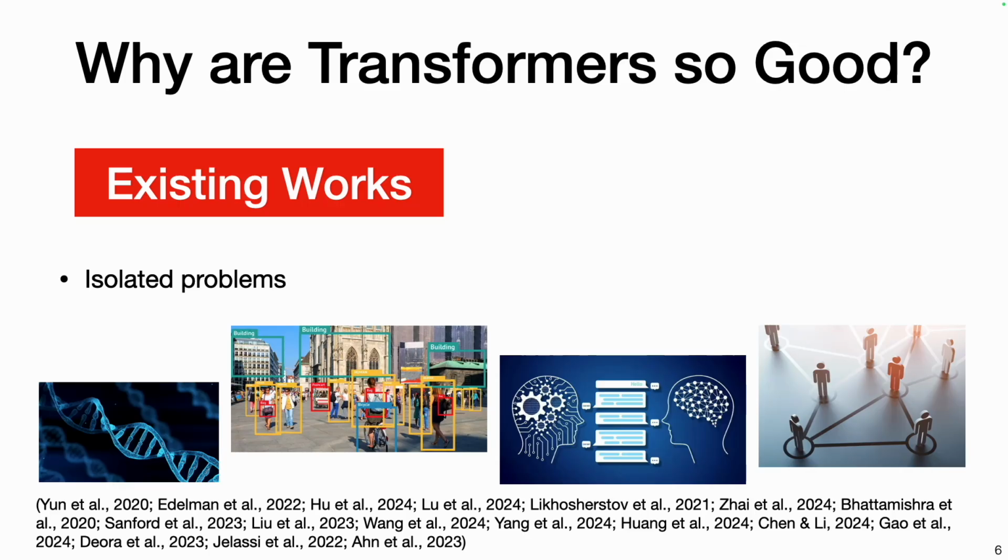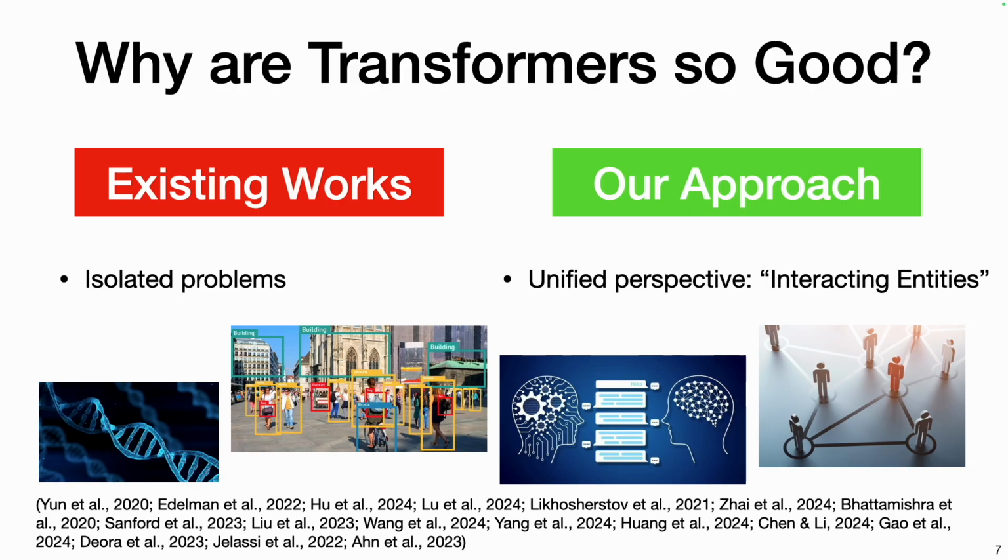For example, in the image classification problem, they showed a mathematical and rigorous theory to demystify how transformers are good at vision. However, their theories do not say anything about tasks such as reinforcement learning, natural language processing, or protein structure prediction. Similarly, there are other works on different problems, but they do not have a theory with a unified perspective across domains, which also explains the versatility of transformers. However, I'll share a theory with you today that has a unified perspective.